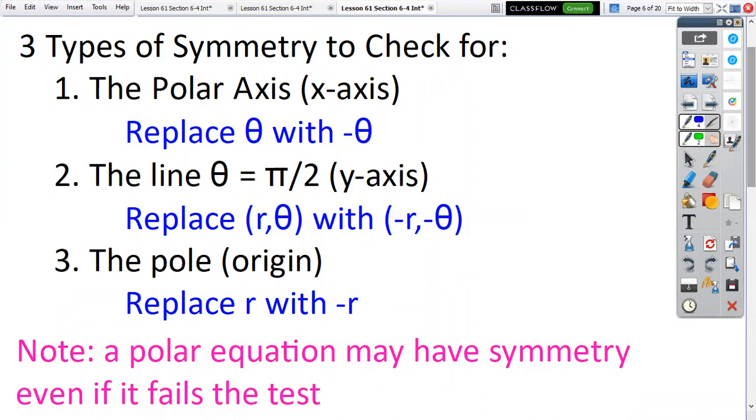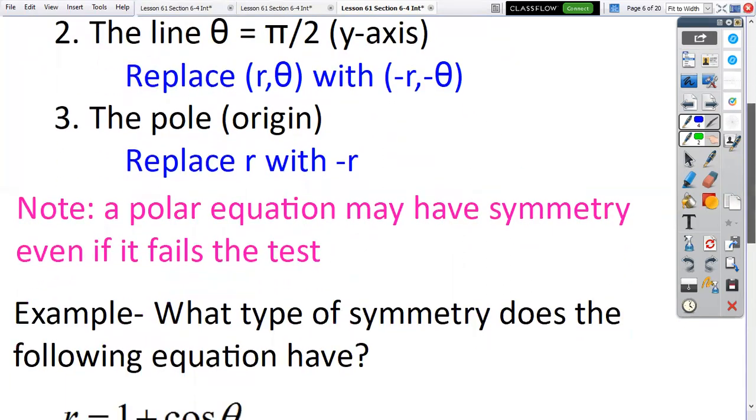So 3 types of symmetry we're going to look for. Is our graph symmetric on the x-axis, the polar axis? How do we check? We replace theta with negative theta. Is it symmetric on the line theta is pi over 2, which is the y-axis? We're going to replace r and theta with negative r and negative theta, and see if we get the same thing back, the same original equation. And then to check if it's symmetric at the origin, we're going to replace r with negative r. So for each of these, we're going to be seeing, does our equation come back to its original form, right? So let's look at that